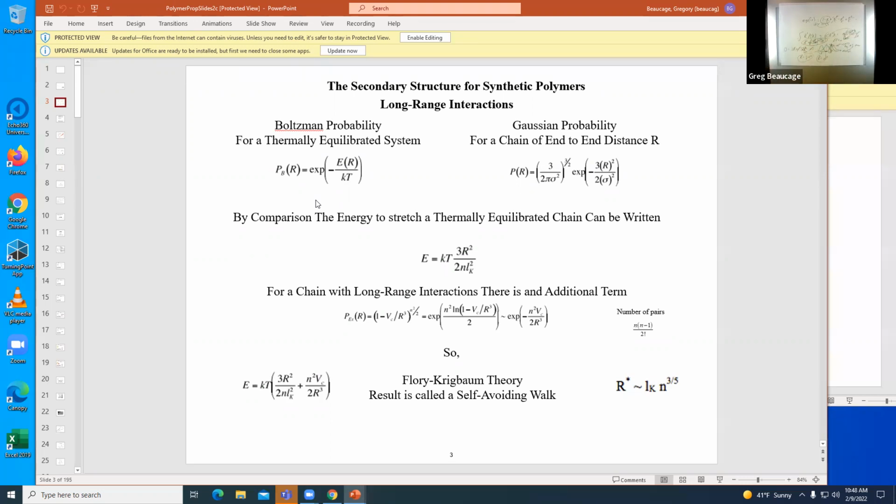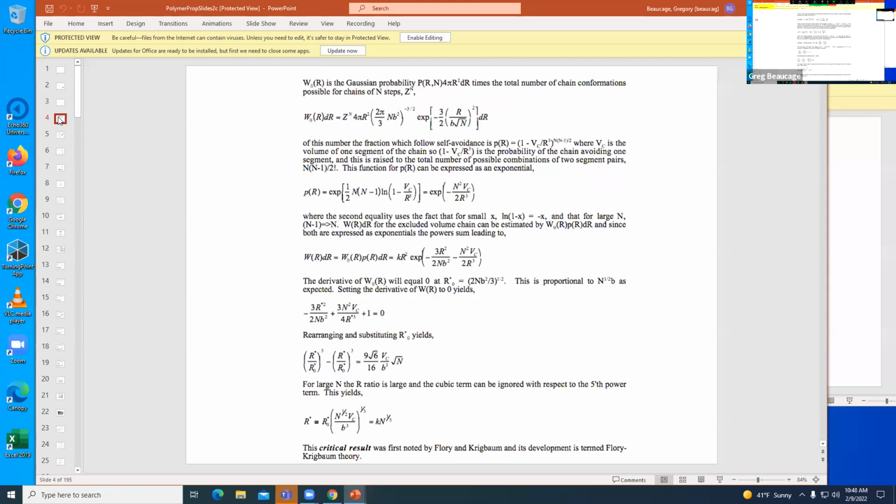So Flory-Krigbaum did that derivative with their function. So it's dicier. It isn't a nice simple little derivative. You do the derivative, you solve it, you get this kind of messy thing. Then they did it in terms of r naught squared, meaning the coil size NL squared to begin with. And then they got this expression with the 5/3 in it, and then it ends up giving you